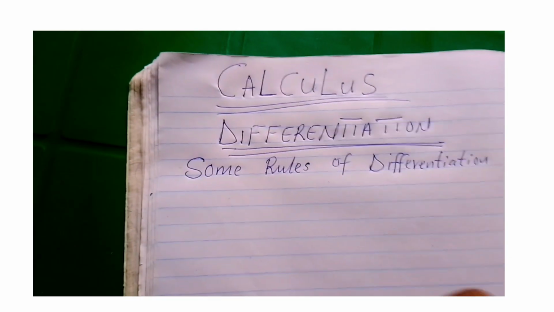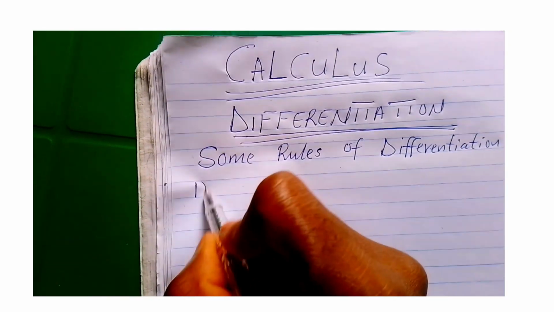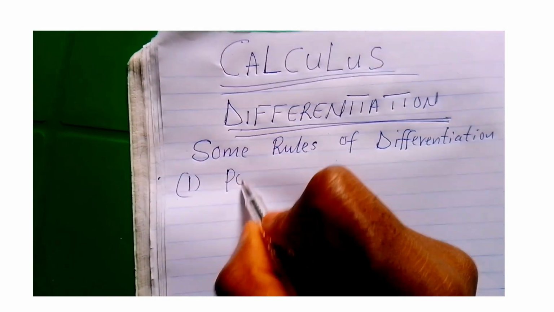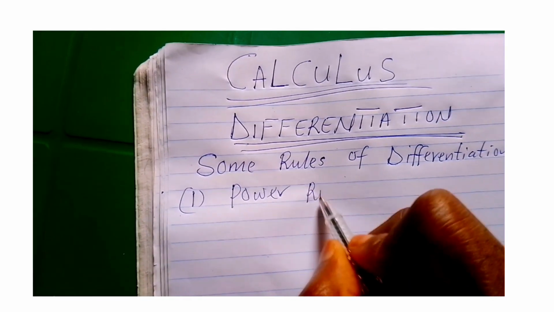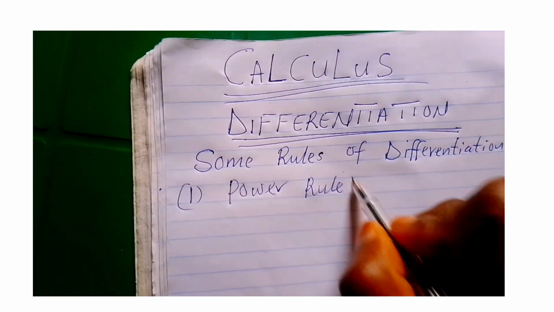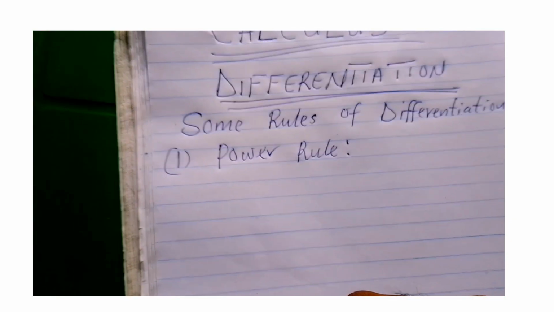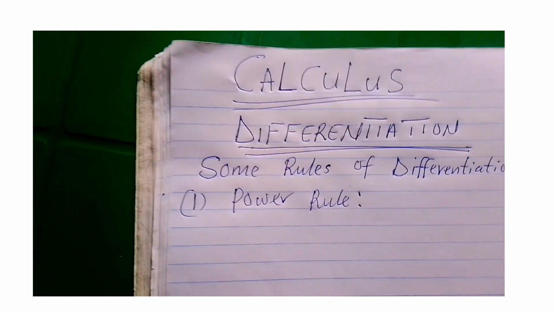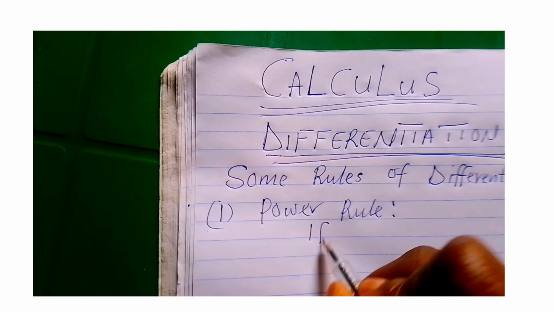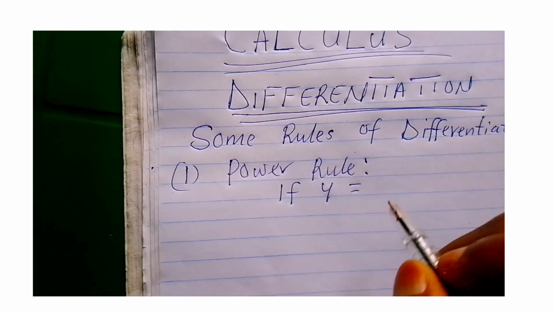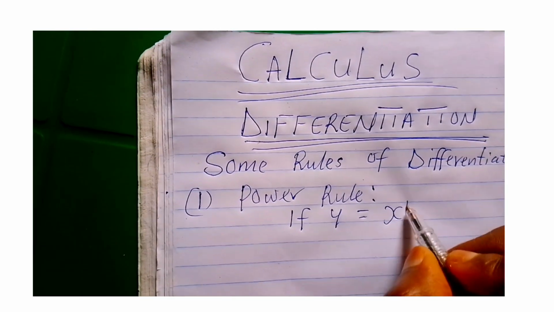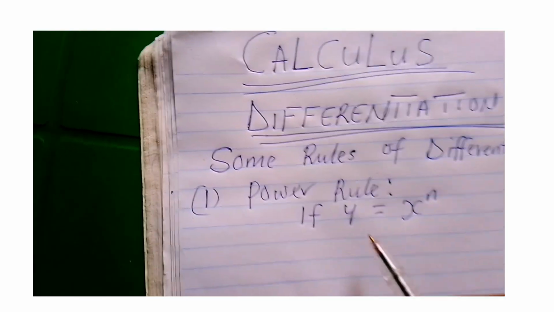Now let's look at number one: the power rule. What does this rule mean? The power rule lets us know that if y equals x raised to the power of n,